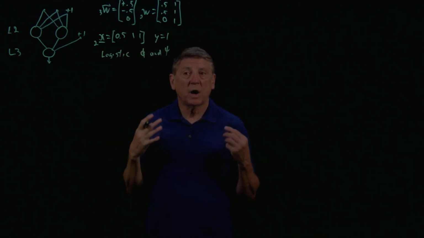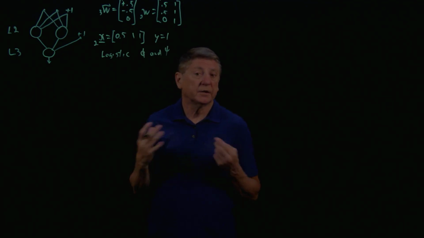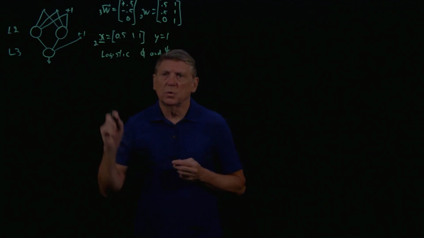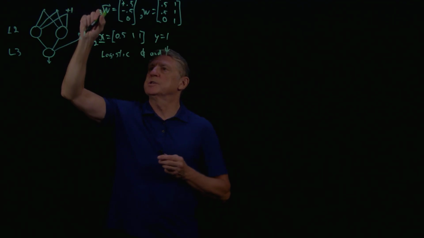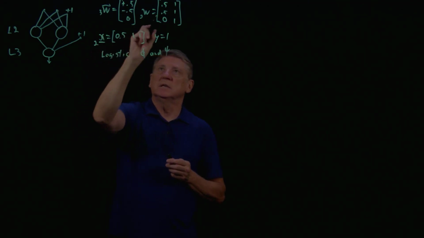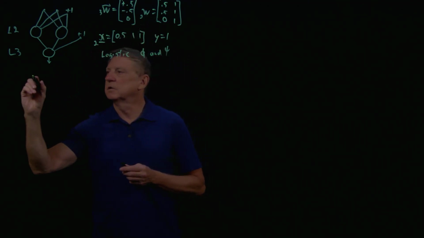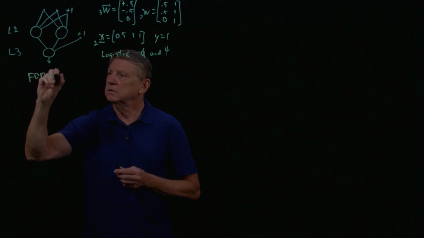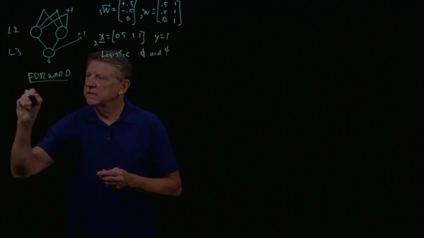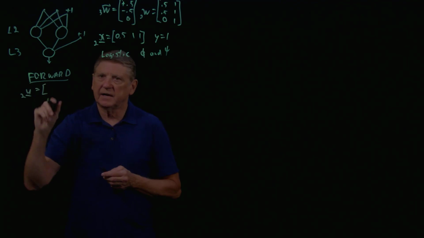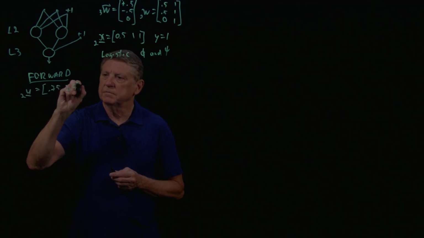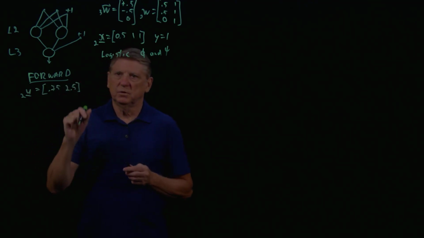So now I've done all of these computations ahead of time. I encourage you to write this down and then to do these computations yourself. So what we do is we first push this forward. The way that we do the forward computation is we take this times this, and let's call that forward. What we do is we compute the linear response at layer 2, and I compute that as 0.75 and 2.5,